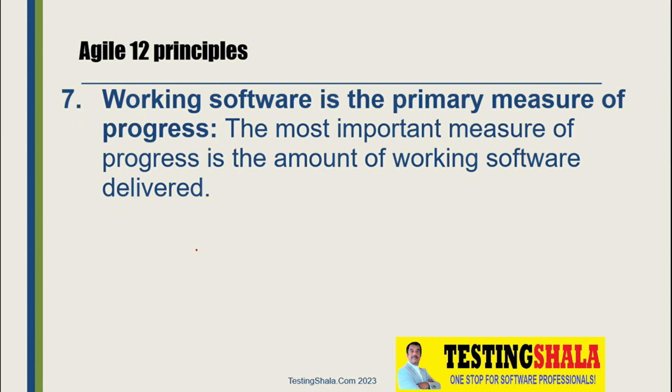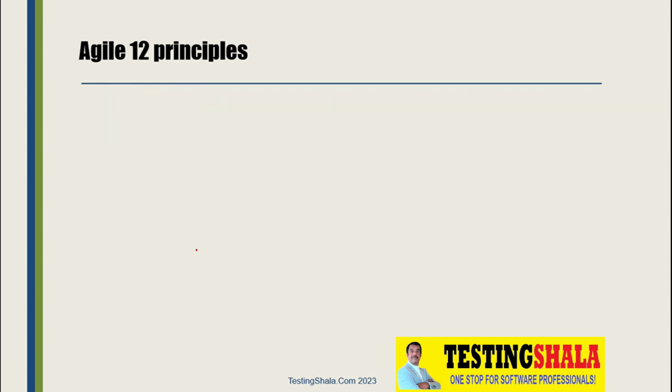And the seventh principle is that working software is the primary measure of progress. There are various parameters and metrics used in different projects, and everything is fine, but in Agile the main key metric is working software. If the customer is fine and happy with the software we developed, and is working on it, then that is the key measure we follow in Agile. As long as the customer is satisfied and happy, there is nothing more needed. That is the seventh principle of Agile.